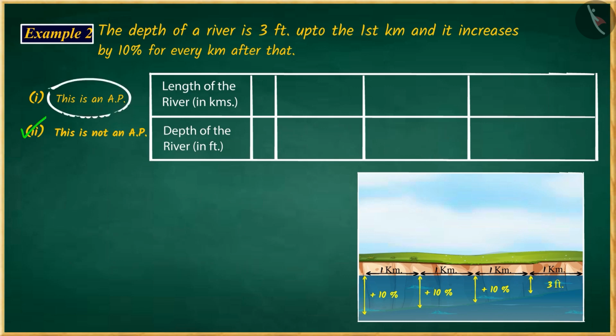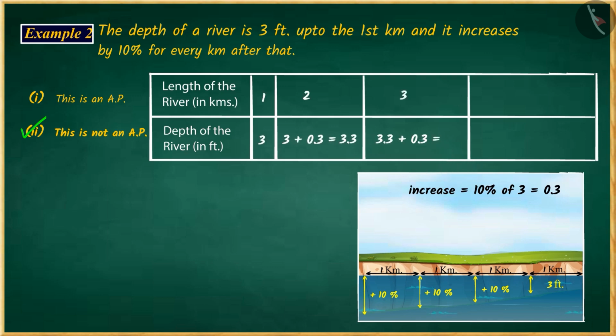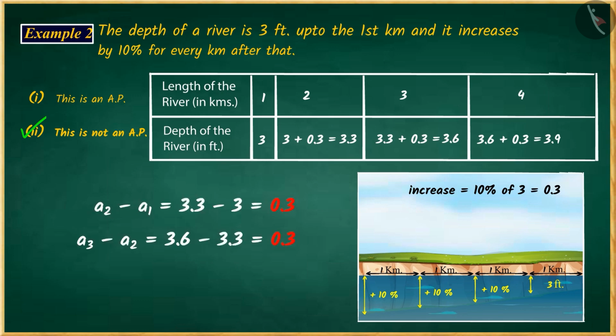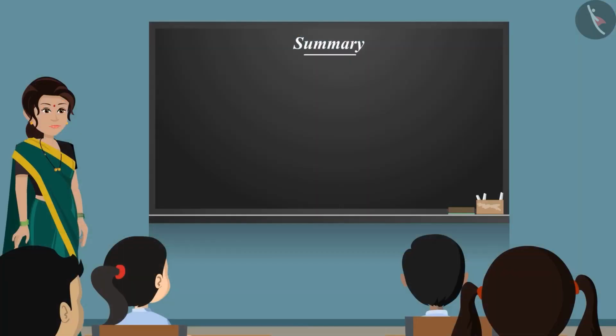If you have chosen the first option, then it's a good try. But this is an incorrect answer, because you have considered a 10% increase in the depth for every kilometer in the question as a fixed number. You remember that the series you get by adding a certain number to each term except the first term is an arithmetic series, due to which you considered 10% as a fixed number, and the series obtained according to the situation given in the question as an arithmetic series. And your answer went wrong.